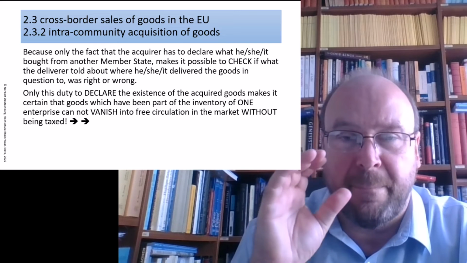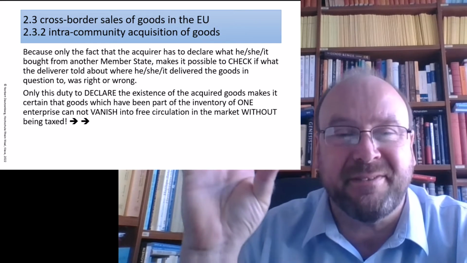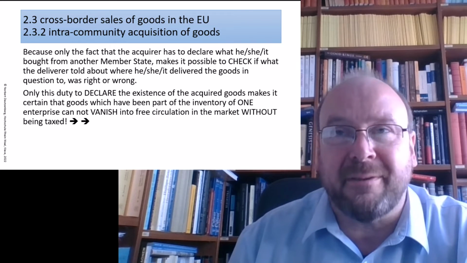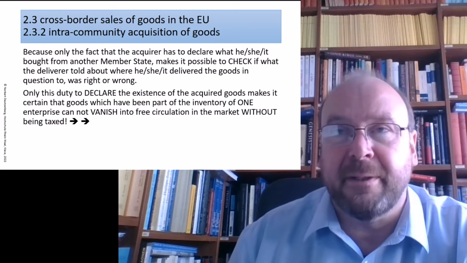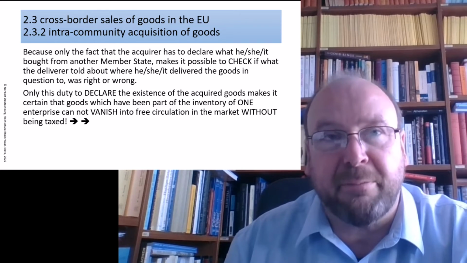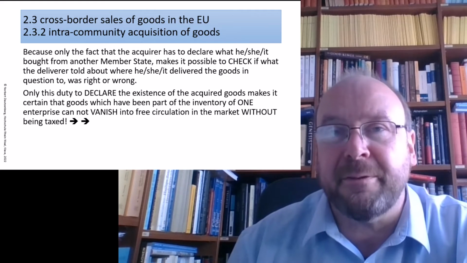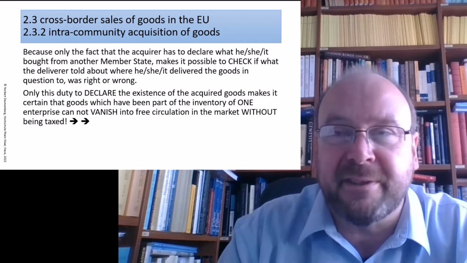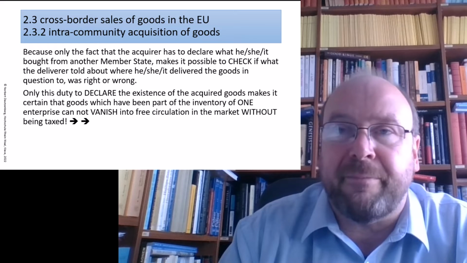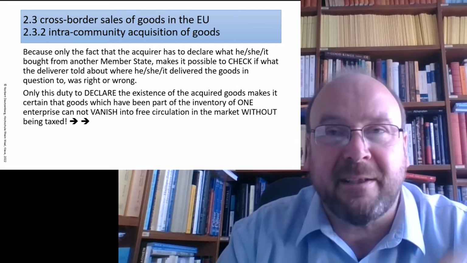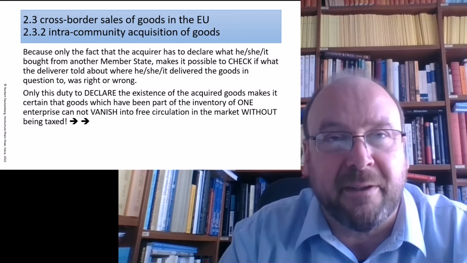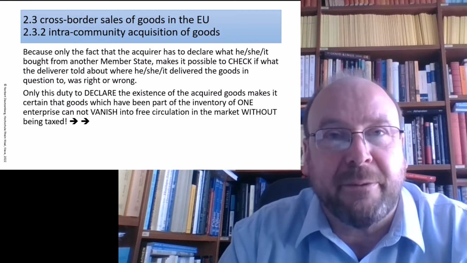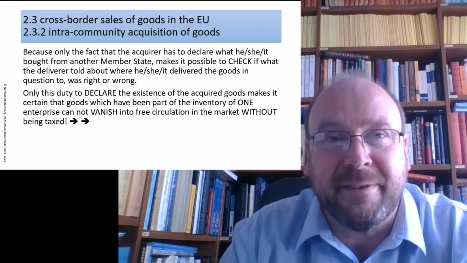Now, that good leaves France without having been taxed. Now, the German acquirer, if that German acquirer doesn't declare the acquisition of the goods, they are not within his or her bookkeeping, perhaps. At least you could just buy them without recognizing them in the books. That would have the advantage that you could sell them later undercover, unnoticed, in the dark of the night. So you could resell them untaxed, and so the goods would circulate through the market untaxed.